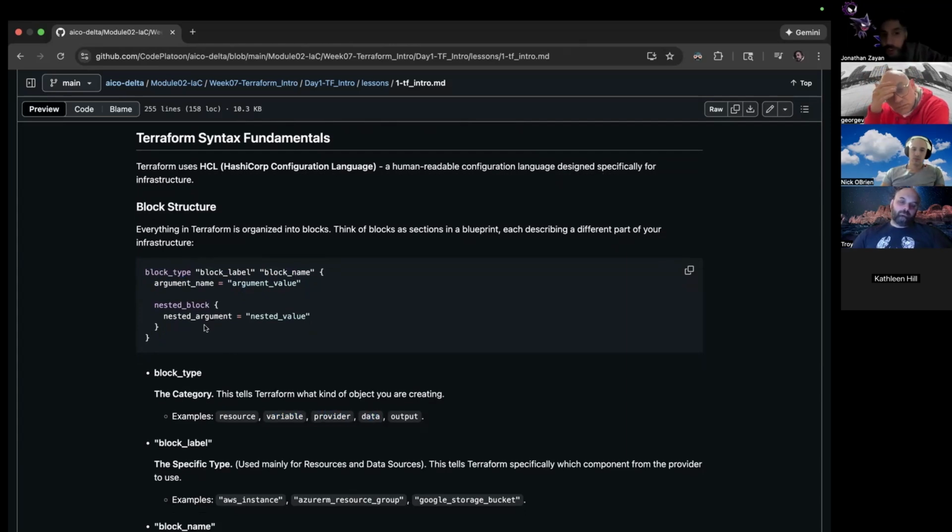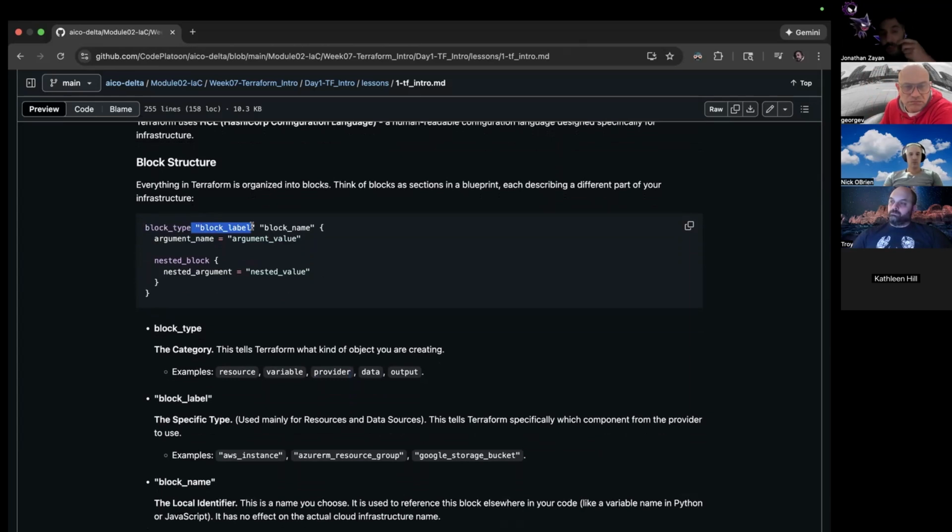Whenever you create this, the first thing you're going to do is establish a provider. So the first block in your file is the provider. With the provider, if we're using AWS, because remember it could also be GCP or whatever, we're going to literally just specify that it's AWS. So for block type, it would literally just be provider. Then you have here the block label, and I'm sure all of this will make more sense when we show you the little code snippet.